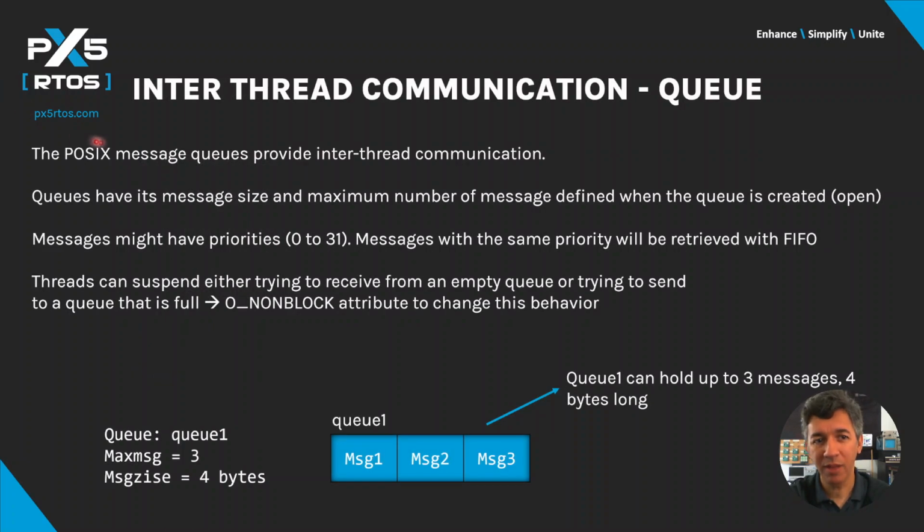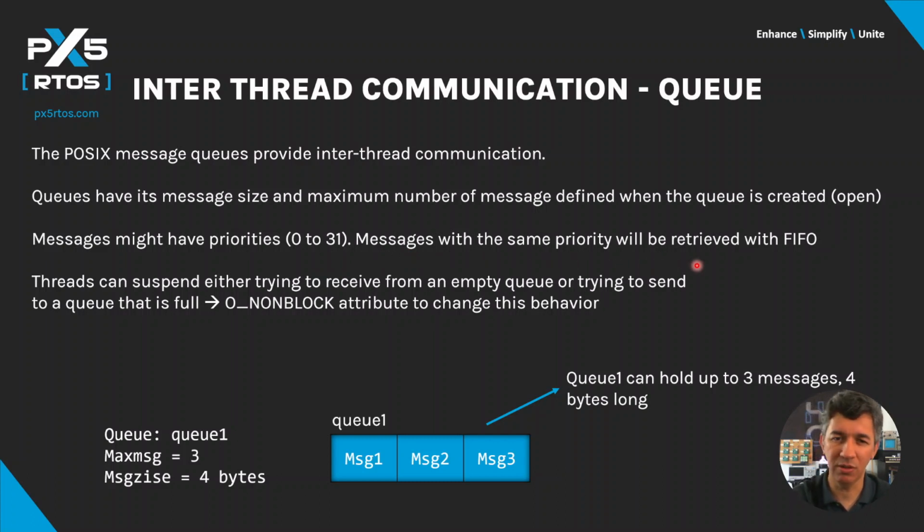As a quick recap, we use POSIX message queues as a mechanism to provide communication between threads. These queues, as you can see here below, are configured during creation as per the maximum number of messages and the maximum message size. These messages also have priorities 0 to 31, and messages with the same priority will be retrieved with FIFO, or